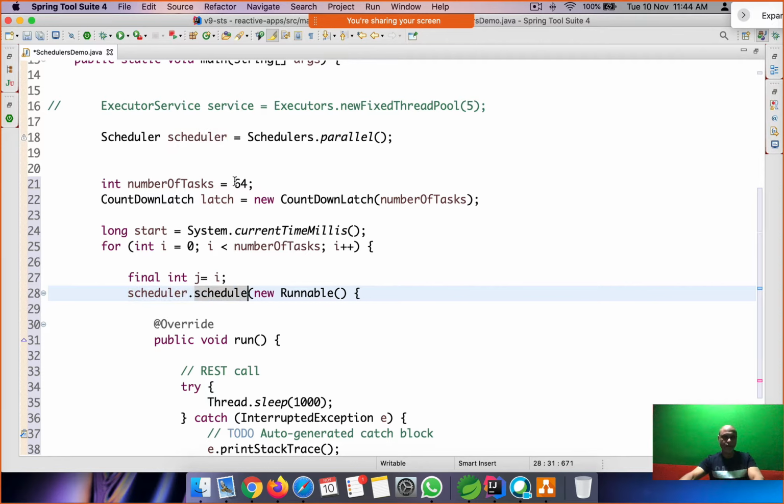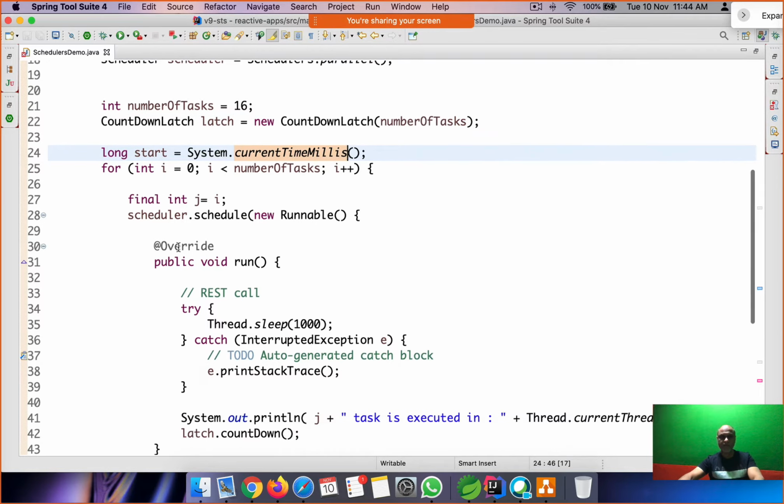Right? And I'm going to put the number of tasks over here as 16. I'll tell you why exactly I'm giving the number of tasks as 16. I'll come to it in a moment. But then I'm saying the number of tasks is 16, and I'm creating a countdown latch with the number 16, and then I take a timestamp, and then I say scheduler.schedule, same, I'm passing a runnable as a parameter